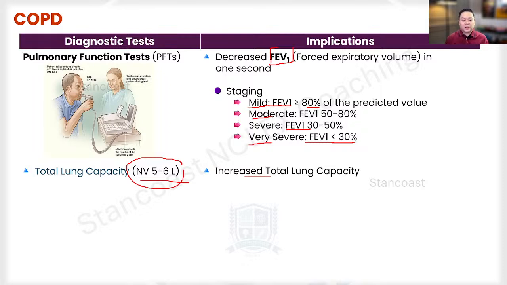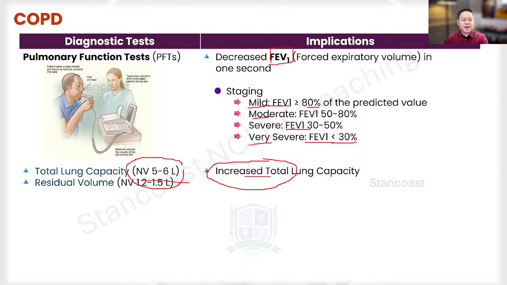So the longer the COPD occurs, the more retained air gets into the air sacs or the alveoli. That simply means they're going to be hyperinflated. So think about a balloon that is super inflated. You're blowing way too much air into the balloon. And so this is your total lung capacity. This is again increased in COPD. Much greater than 6 liters, right? Maybe about 7 or 8 liters. That is what it's trying to signify.